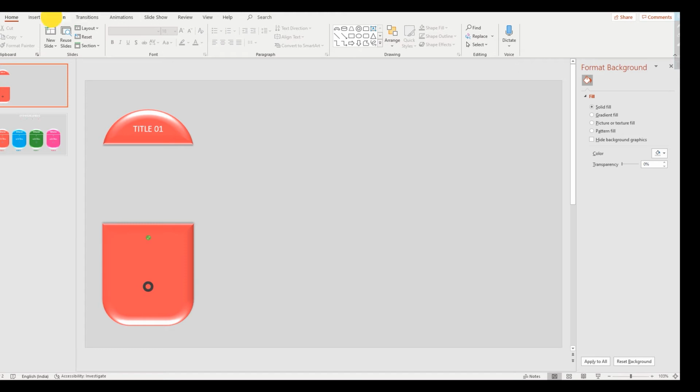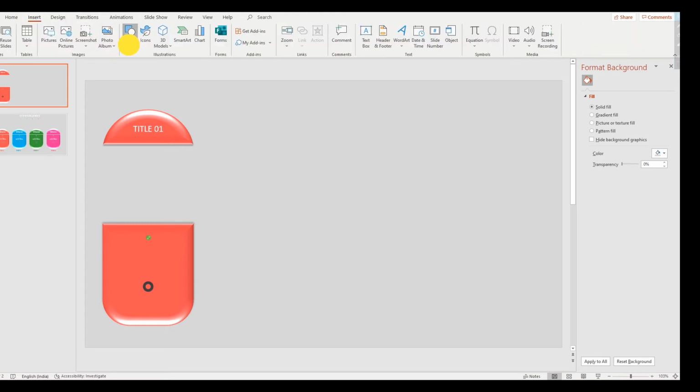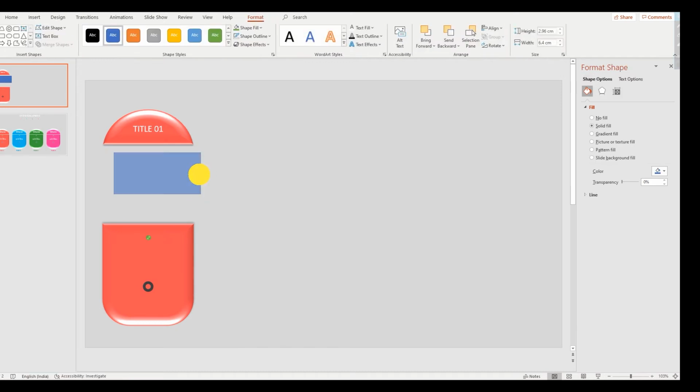Insert, shape, rectangle, remove outer line, change the color, adjusting, done.